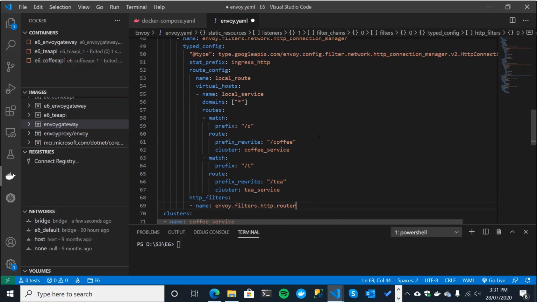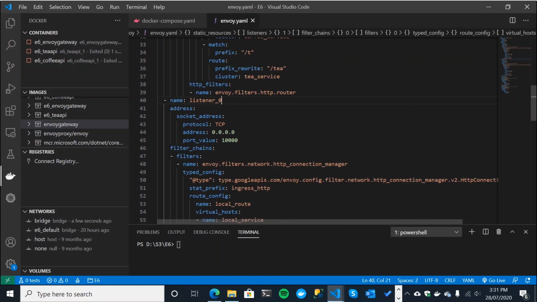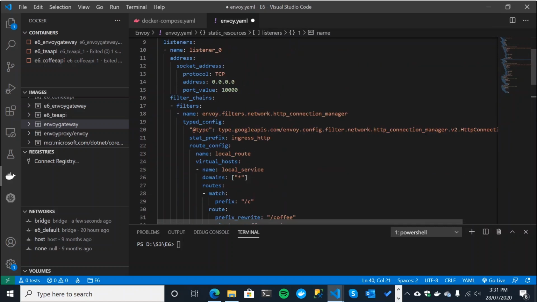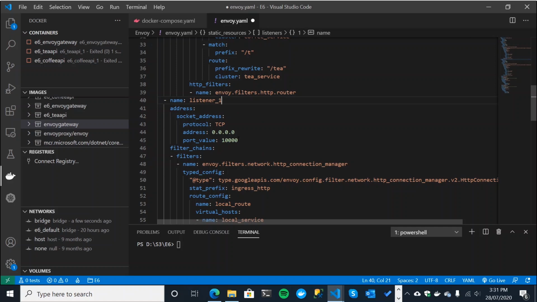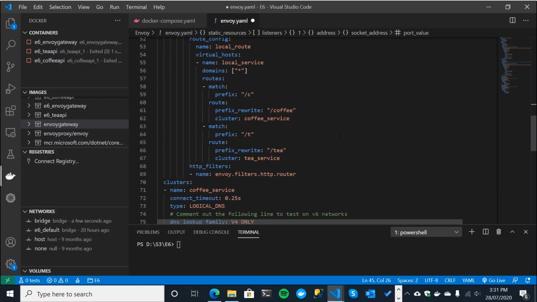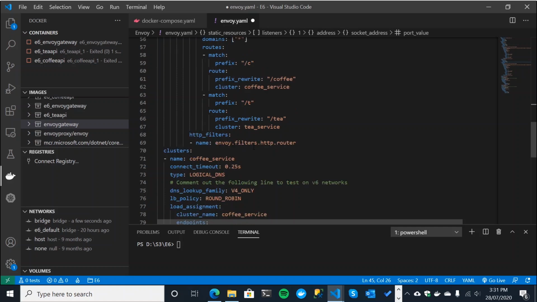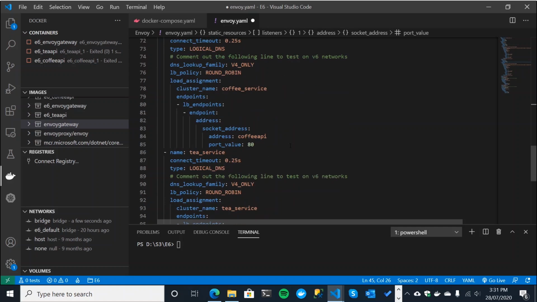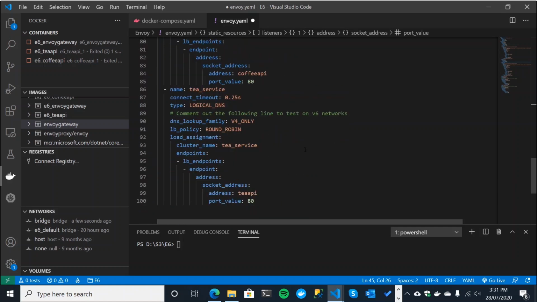Cool. All right, so before we do anything else, let's save that. And let's just rename it as listener 1. Yep. And we'll come down here and we'll give it a port of 10,001. And everything else we're going to keep exactly the same. Even the routing for the moment, we're going to keep the same. It's just going to look for exactly the same patterns and route off to the API endpoints using our existing clusters on port 80, so HTTP.